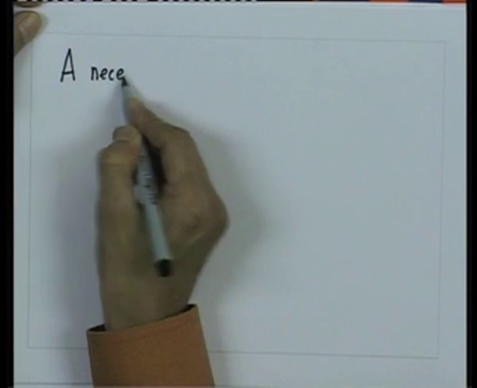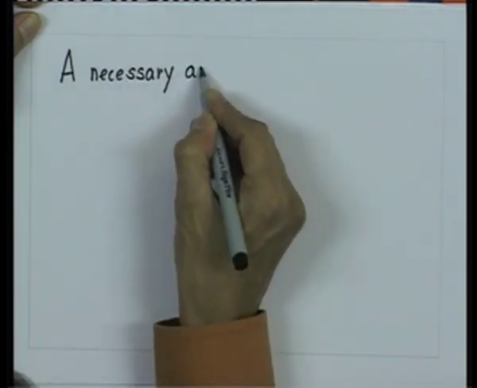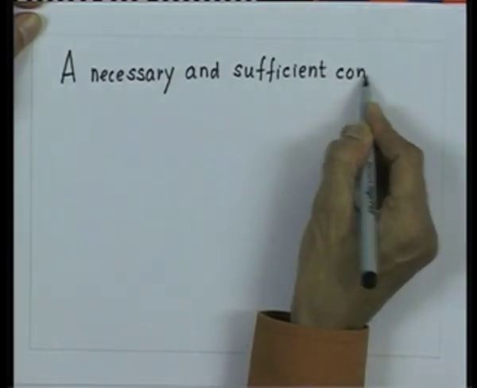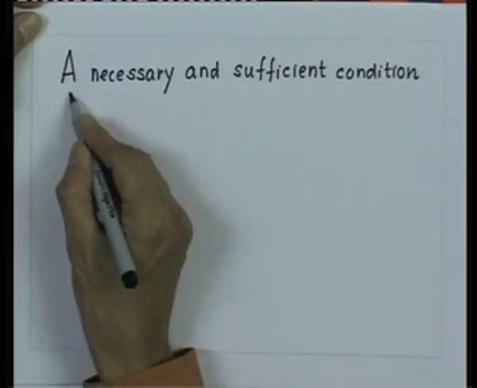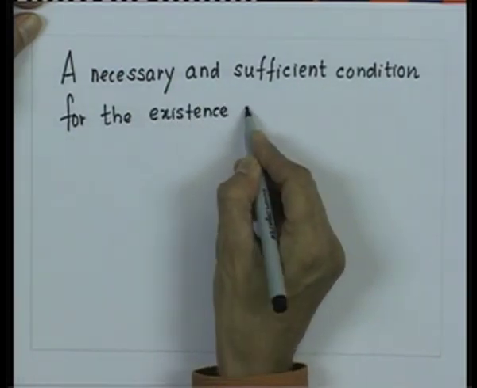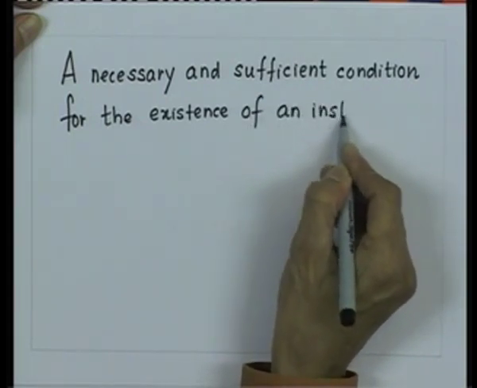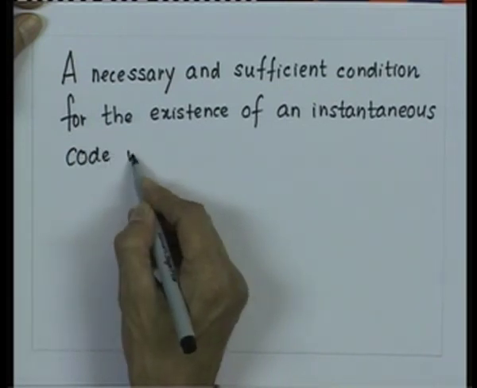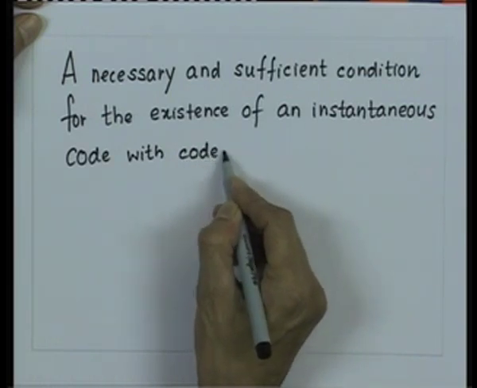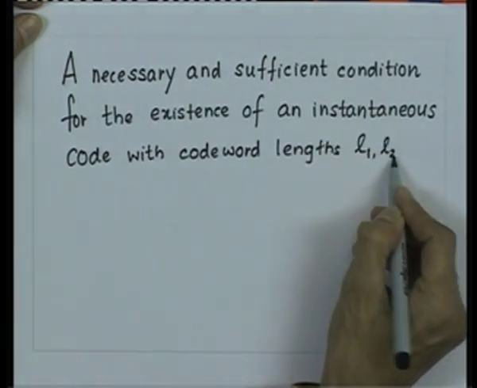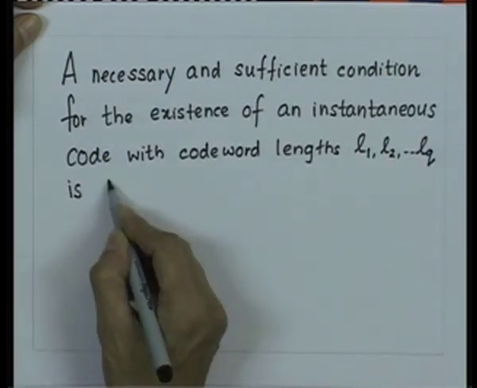So, what the Kraft inequality says is that a necessary and sufficient condition for the existence of an instantaneous code with code word lengths L1, L2, LQ is that